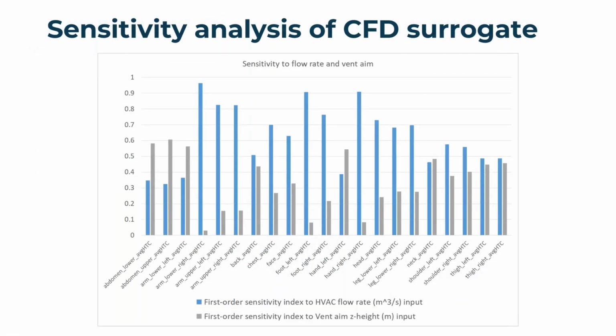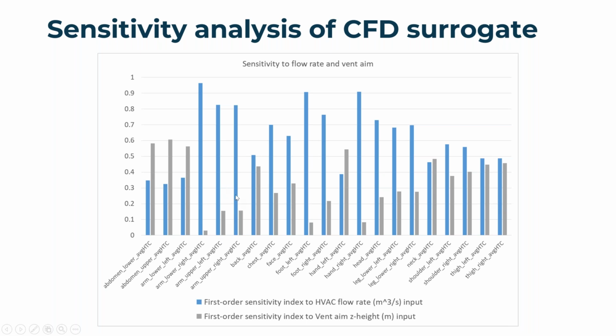Another neat thing we can do with this process is look at the sensitivity metrics of the different outputs. I won't spend too much time here, but this chart shows the sensitivity indices to either the HVAC flow rate in blue or to that vent aim vector in gray for each of our different outputs. So this is neat to see where some of these segments are about equally sensitive to the flow rate or the aim, or you see some segments like the arms here that are much more sensitive to the flow rate,